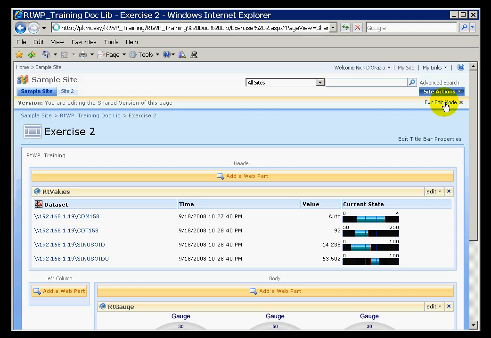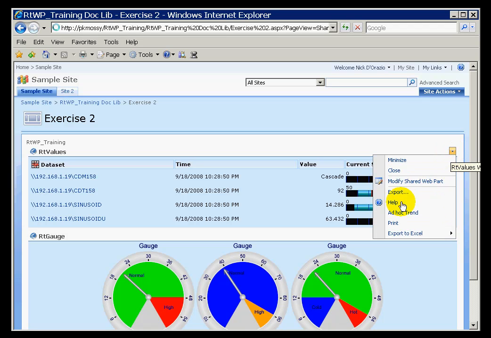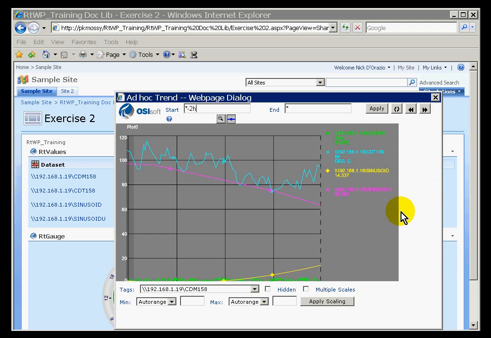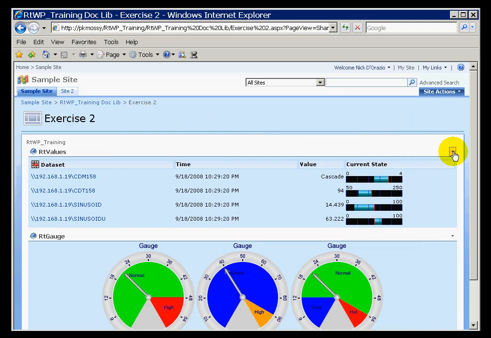And you also have the option, both in edit mode and when you're in run mode, to go into the drop down and do an ad hoc trend of all the items that were in that RtValues web part. So there's an ad hoc trend from that menu. Now, the last thing I wanted to mention is there are some summary parameters that we really have kind of ignored